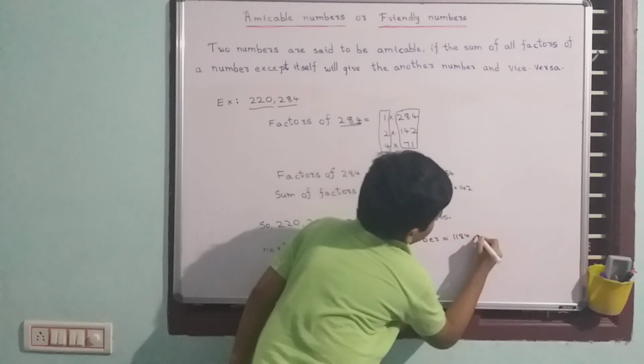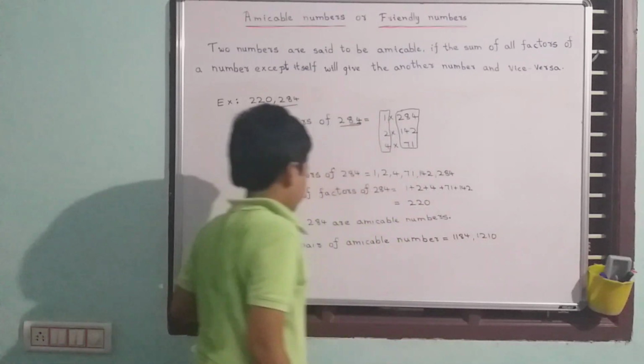1184 and 1210. The next pair of amicable numbers is